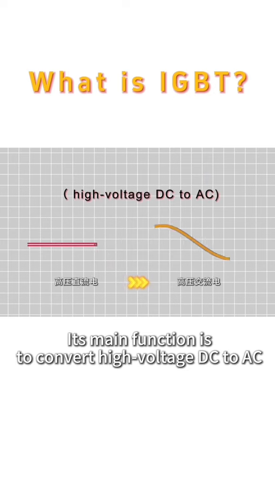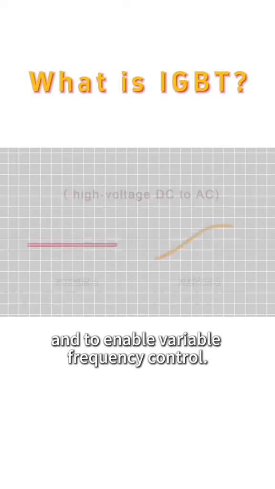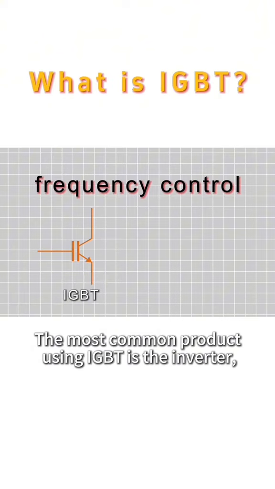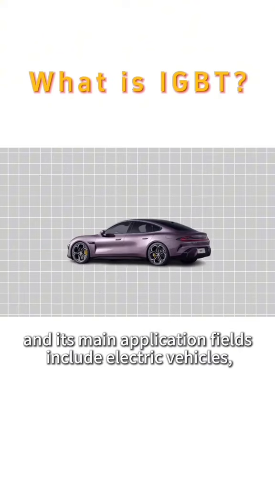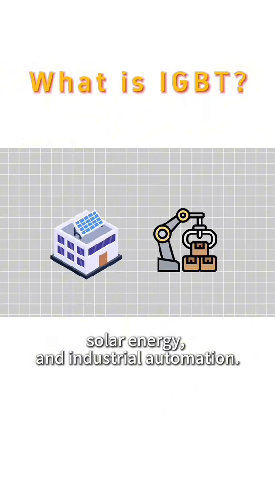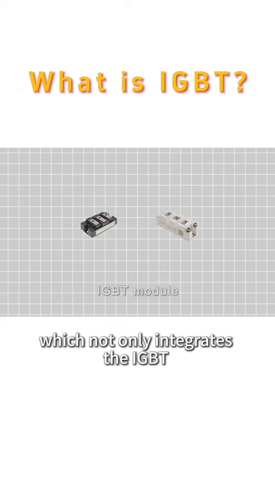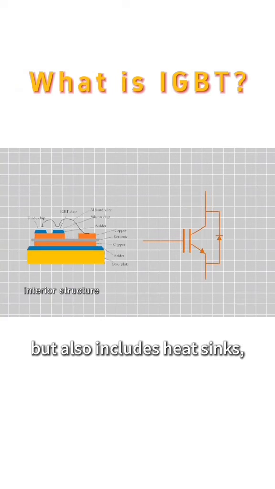Its main function is to convert high voltage DC to AC and to enable variable frequency control. The most common product using IGBT is the inverter, and its main application fields include electric vehicles, solar energy, and industrial automation. IGBTs typically appear in module form, which not only integrates the IGBT but also includes heat sinks,